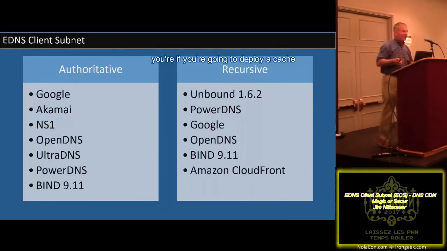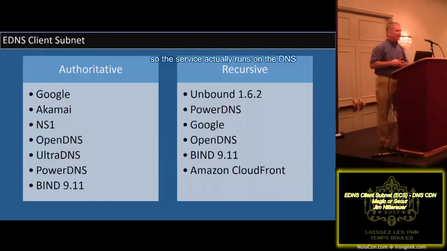So if you're going to deploy a cache resolver, use Unbound, and here's why. One, they support preemptive cache lookups. So the service actually runs on the DNS server. It monitors the number of queries coming for the various domains that it has in the cache. If it sees a lot of queries, for example, from Google, instead of letting that expire in the cache, it will preemptively go out on the client's behalf and get the new updated data before the TTL runs out, so that the customer doesn't take the hit for the latency on making that work.